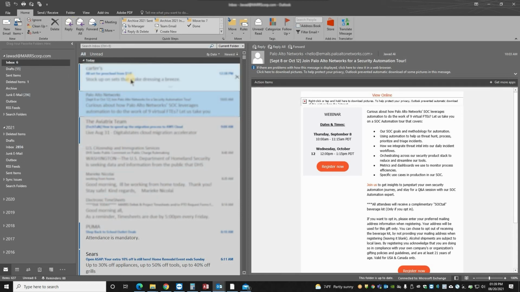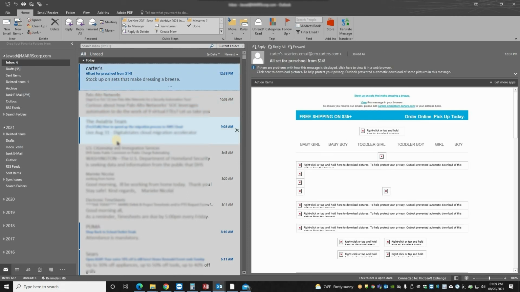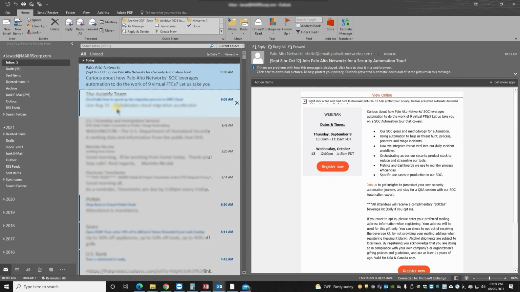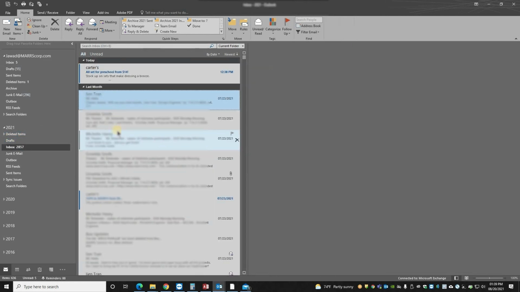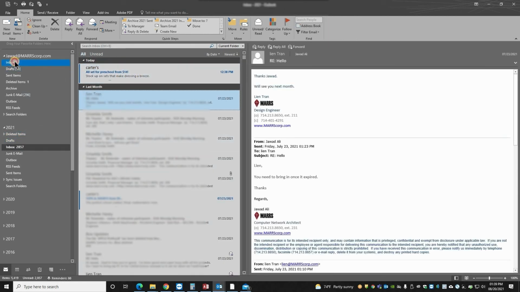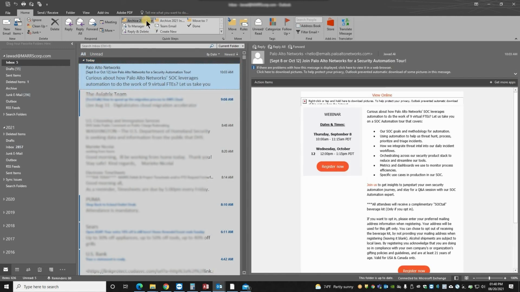And let's try to use the shortcut key. I'm going to select this email, and then I'm going to press, what is the shortcut key? It's Control Shift 1. I press Control Shift 1 and it disappeared. If I go here, I will see the email over here. So this is a really cool feature, and very handy for archiving.